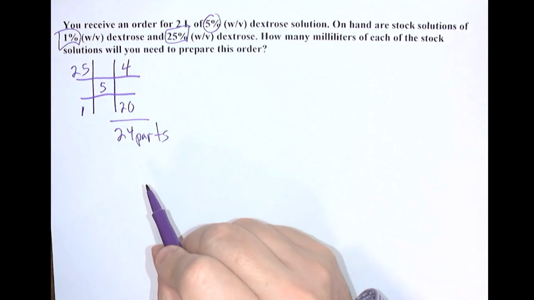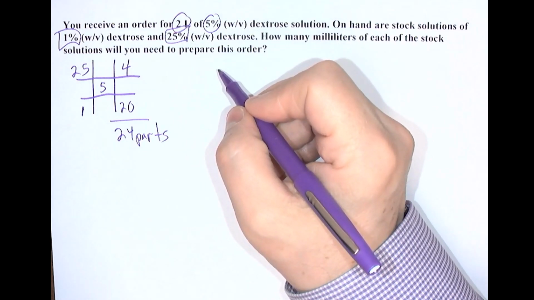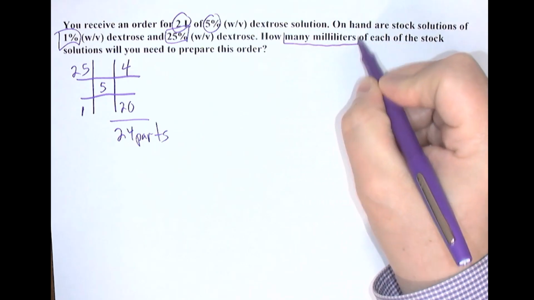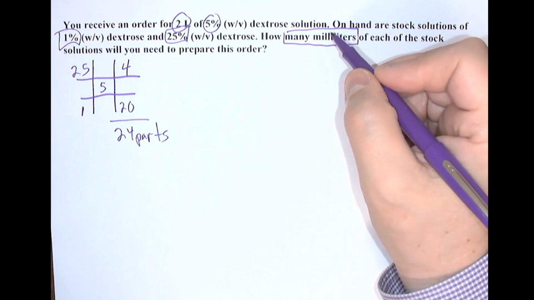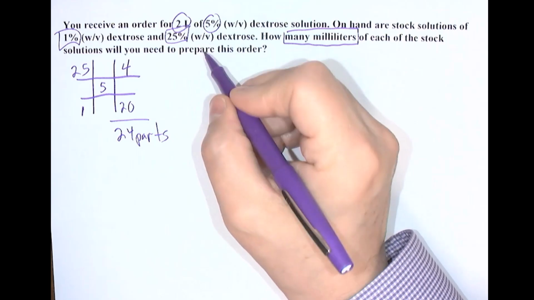And it says that we need to arrive at 2 liters of solution. Of course, 2 liters is the same as 2,000 milliliters, and I just mentioned that because it does ask us how many milliliters. So our units for volume need to be in milliliters for this problem, because that's what they're asking for. So the 2 liters,